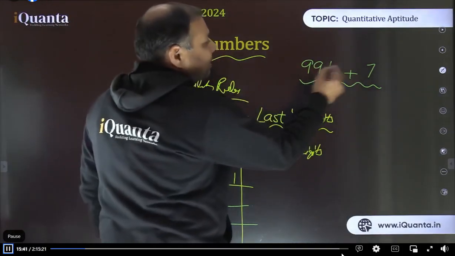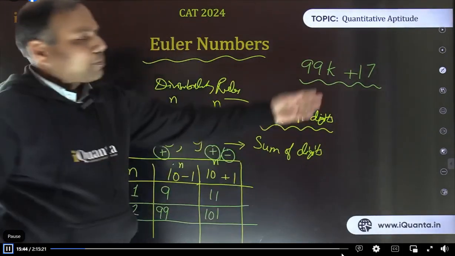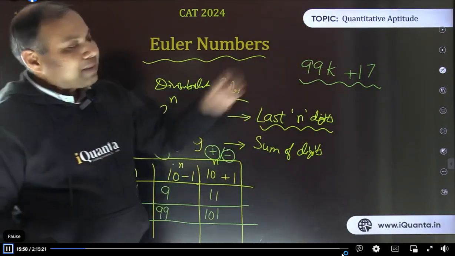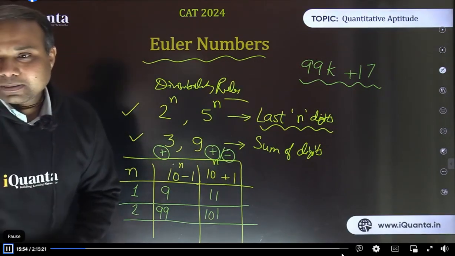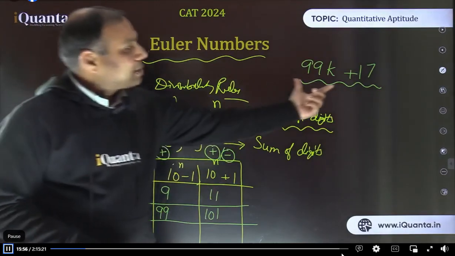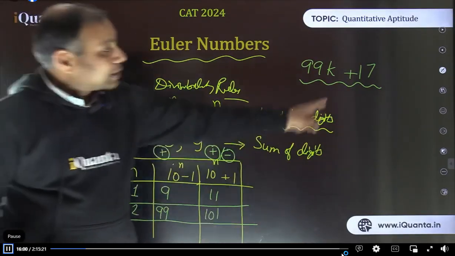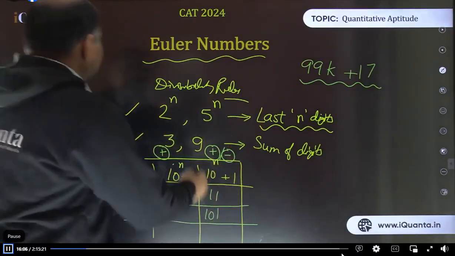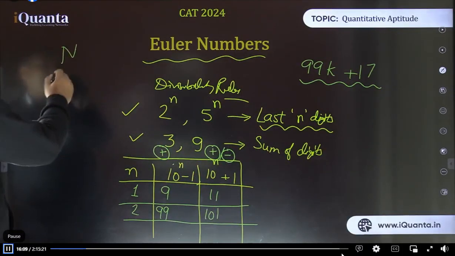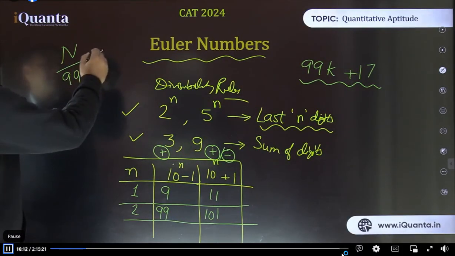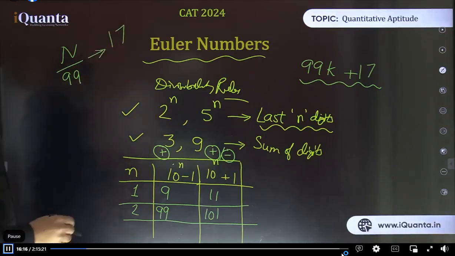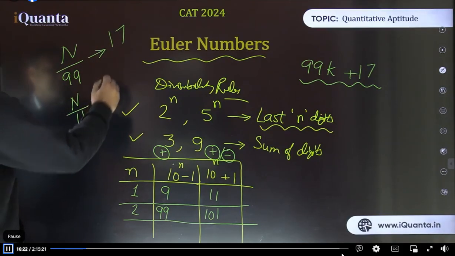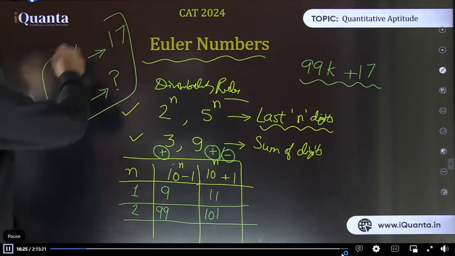Suppose a number when divided by 99 gives remainder 17. That's also possible, no? Now can you tell me, when this same number is divided by 11, what will be the remainder? Now this remainder I have changed, it is 17 now. Aditi, that's the question only. Let's say I'm writing it here, there is a number n which when divided by 99 gives remainder 17. Now the question says, what will be the remainder when the same number is divided by 11? Tell me the answer. That's the question on your screen.